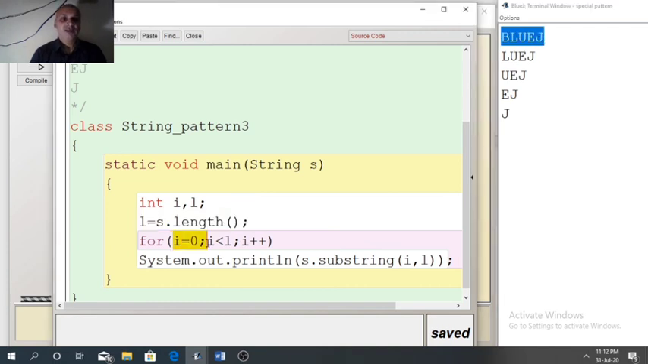Now when I is 0, 0 is less than 5. That is true. So what will it do? It will print the substring of S from starting index I to L. So when I is 0, we will get 0 here, and L is 5. So 0 to 5. When we use substring 0, 5,